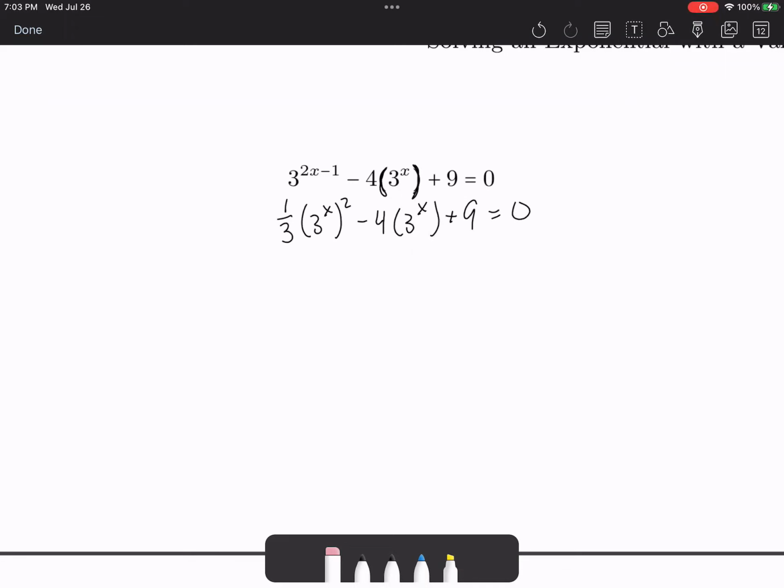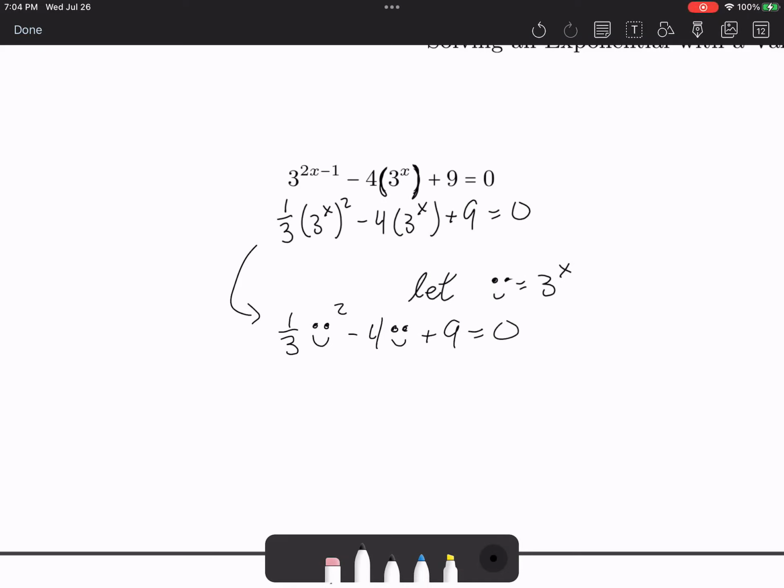And now what's in our parentheses is this 3 to the x character. We're going to create a new variable. I'm going to call it smiley face, and it's going to be equal to 3 to the x. So now we can rewrite this equation as 1/3 smiley face squared minus 4 smiley face plus 9 is equal